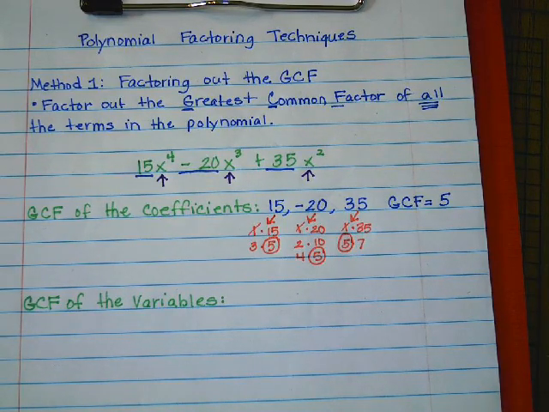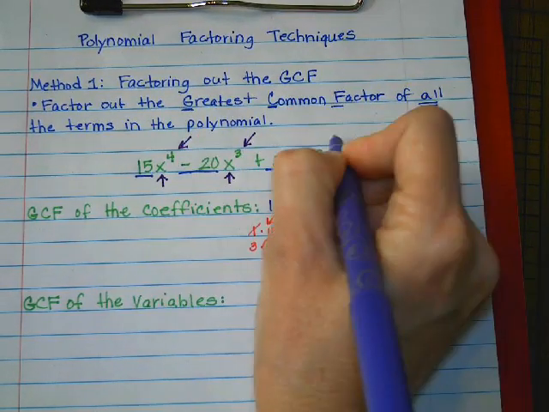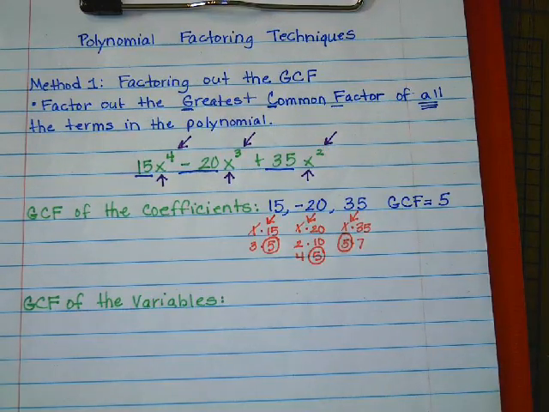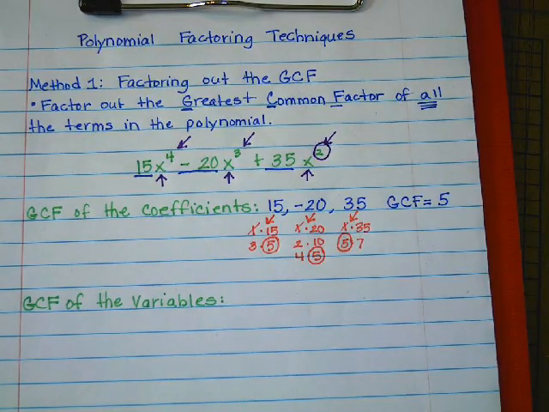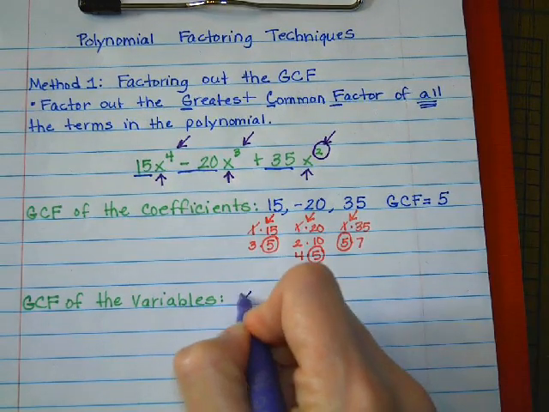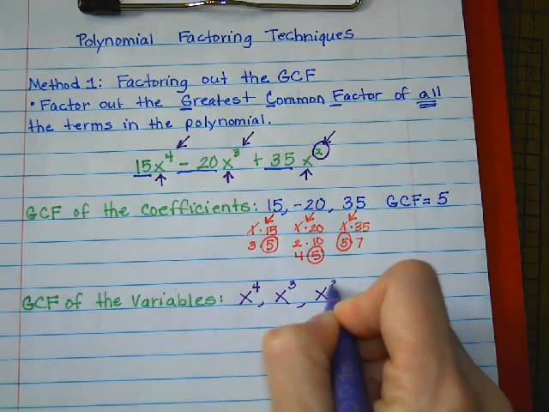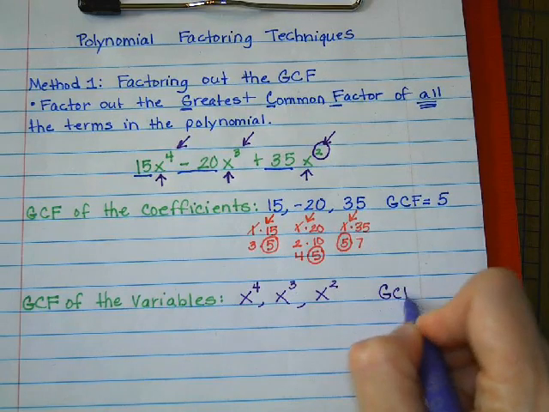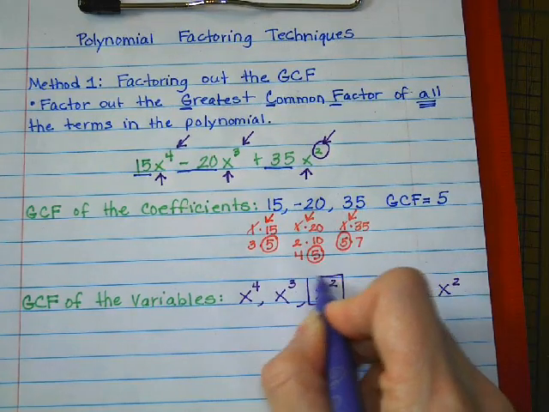But now we must look at those exponents. This exponent is to the 4th power, this is to the 3rd, and this is to the 2nd. We want to pick the exponent with the lowest value. So of the 3 numbers, 4, 3, and 2, 2 is the lowest of the 3 values. This means that our greatest common factor of x to the 4th, x to the 3rd, and x to the 2nd, our GCF of this would be x to the 2nd,